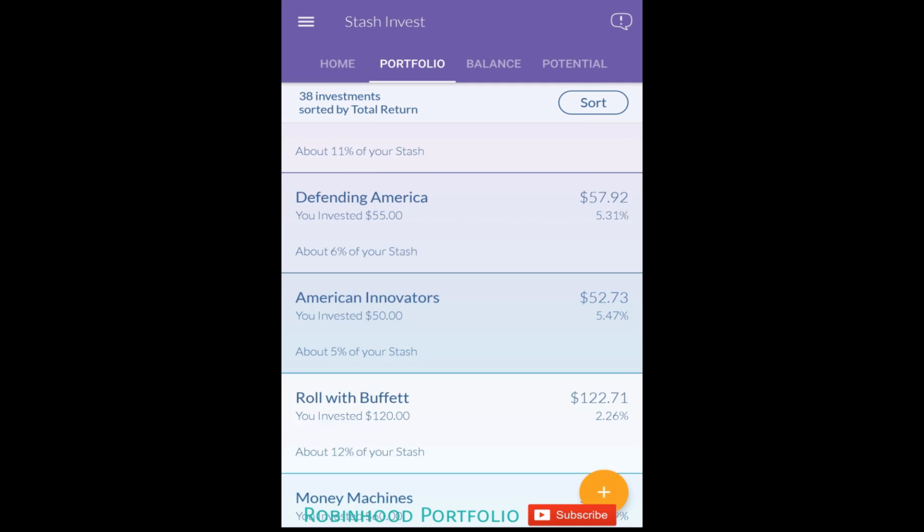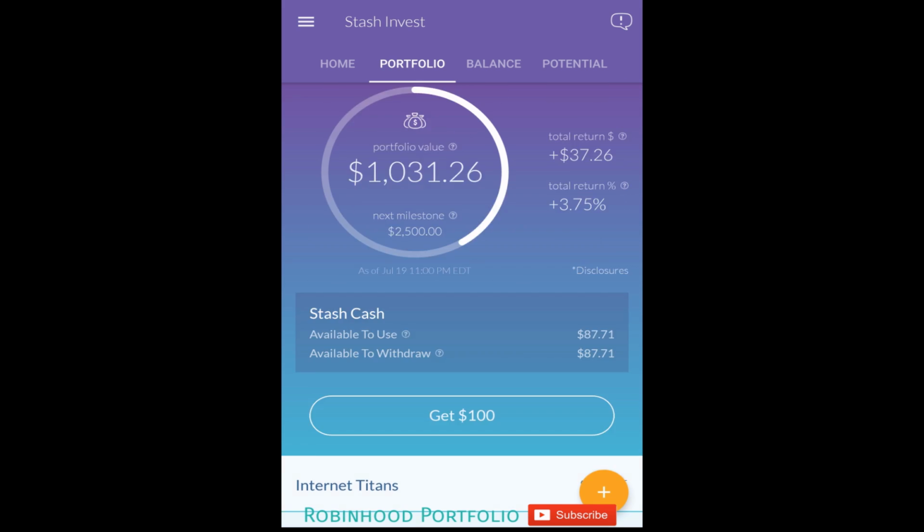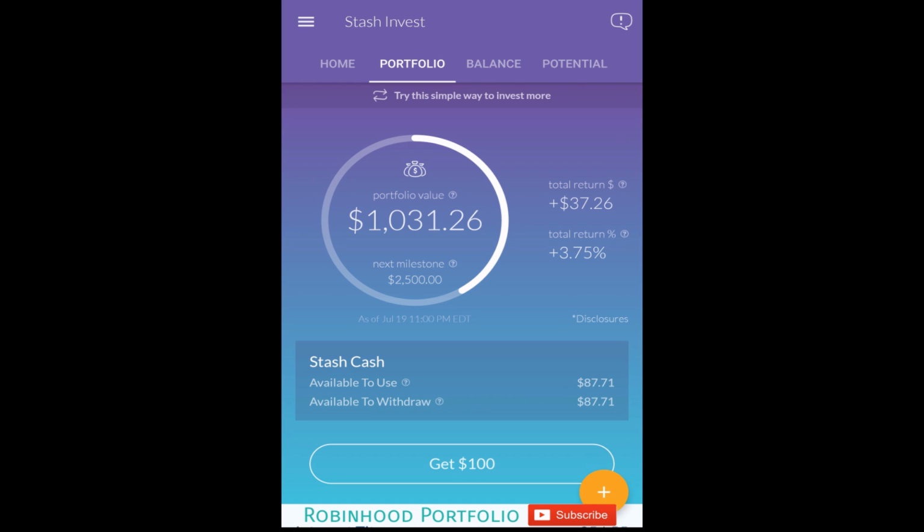So there's some very good options here, and this is a very good way that you can get around the difficulty of not having enough funds to put in per week or per month. So if you are a new investor, maybe an investor with not a lot of capital, this would be the perfect application for you. Again, there is a fee for using this, unfortunately, $1 per month, $12 per year, which